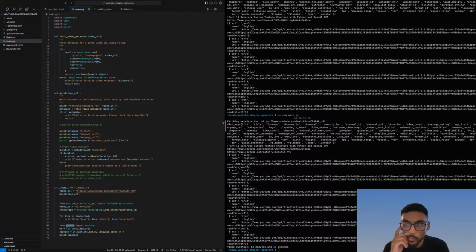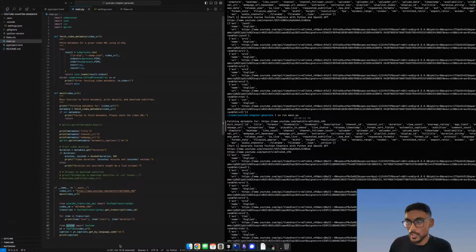I don't think it matters that much if the timing's a little off. I did notice that when I was using, for example, the YouTube transcript API, the timing was slightly off from the YTDLP command line tool. However, I think it's a pretty small or negligible amount that we can ignore it.